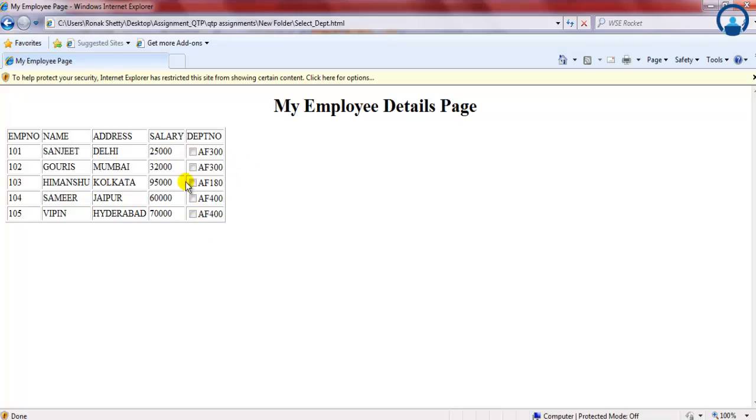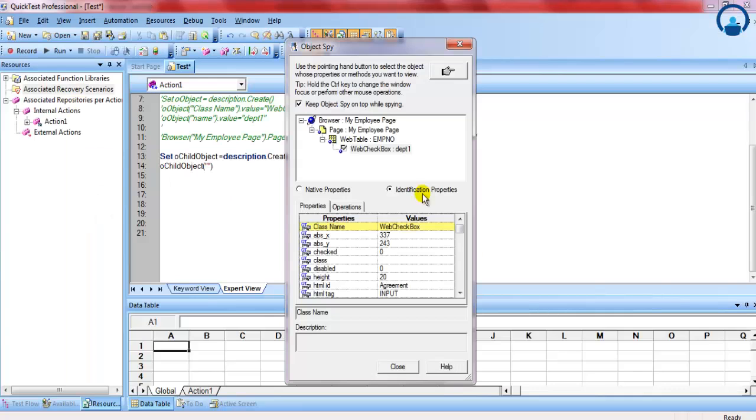And to take all 5 checkboxes inside the child object, we have to take the common property of all the 5 objects inside that child object. We cannot take any distinguishing property, because if we take name DEPT1, then only the first web checkbox will be taken inside the child object. But we don't want that. We want to take all the checkboxes inside the